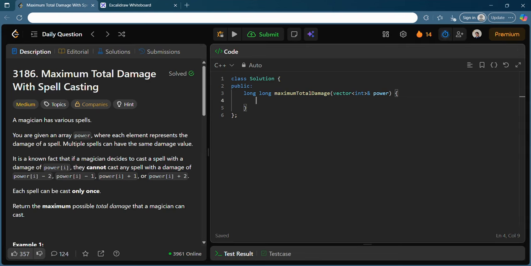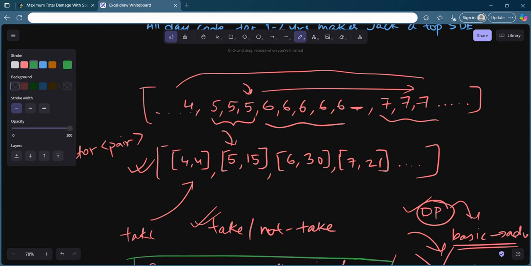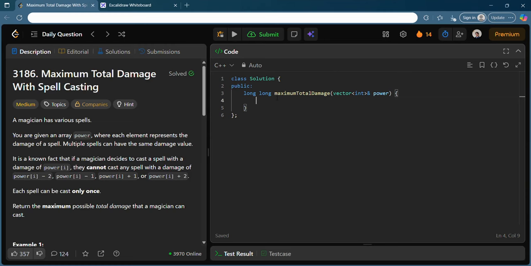So what we can do is that it's very simple. First I will create this vector of pairs and I will just go on. Okay, so I will just first create this vector of pairs. So I have an n which will give me power dot size. Let me keep a vector of pair integer comma integer, which is, let's say I will name it array, and what I can do, I can go through all the elements.